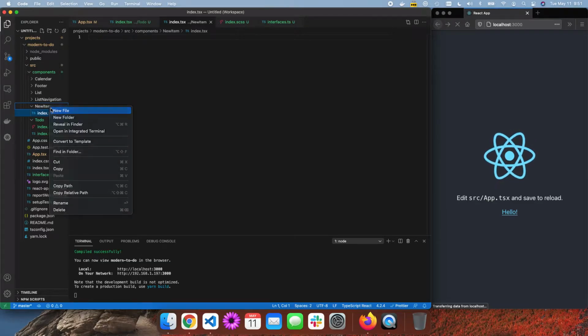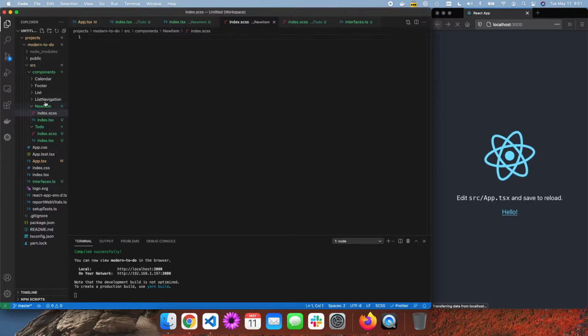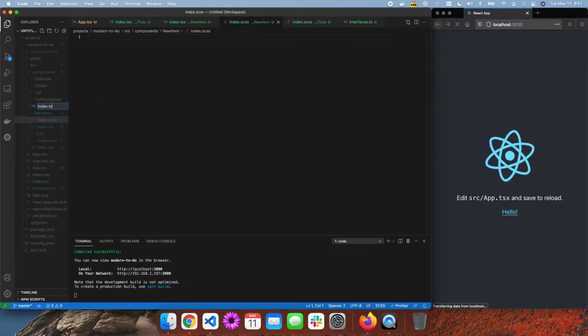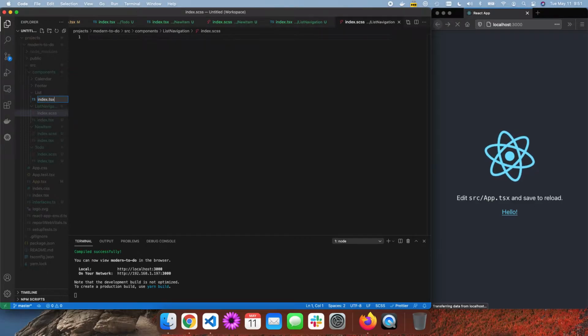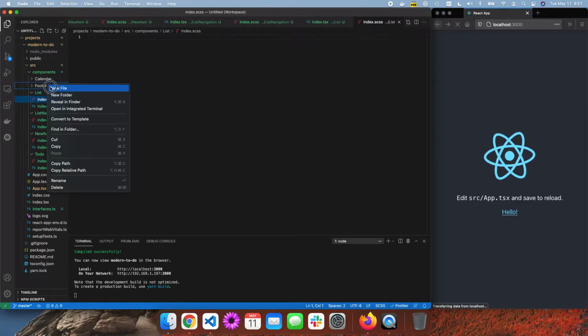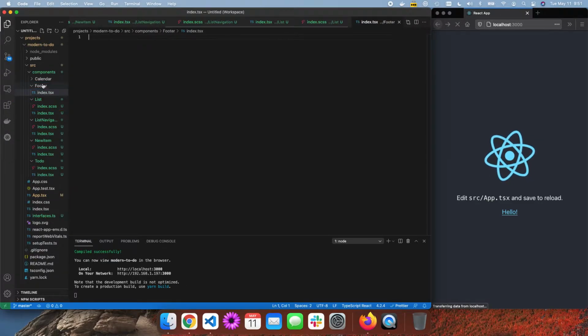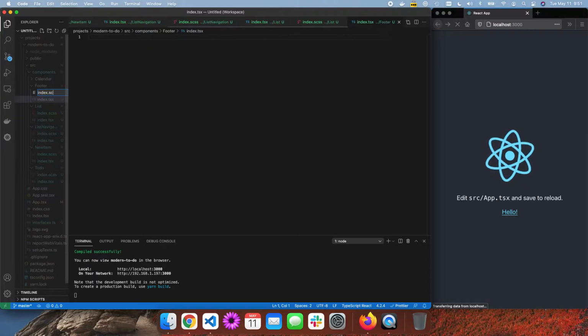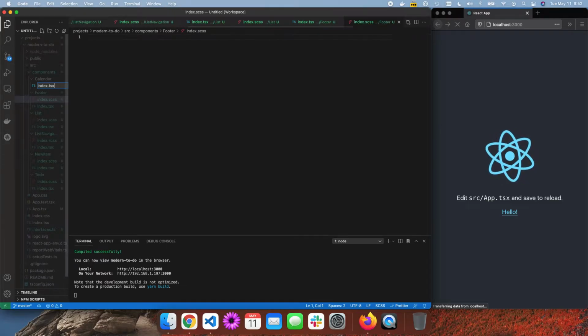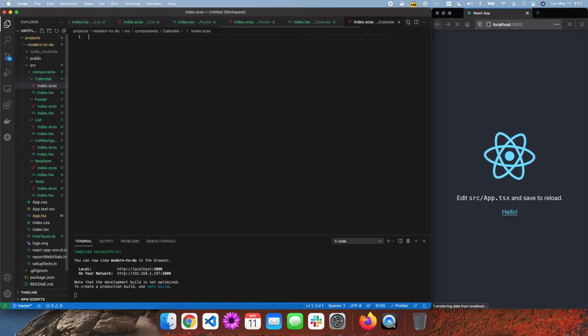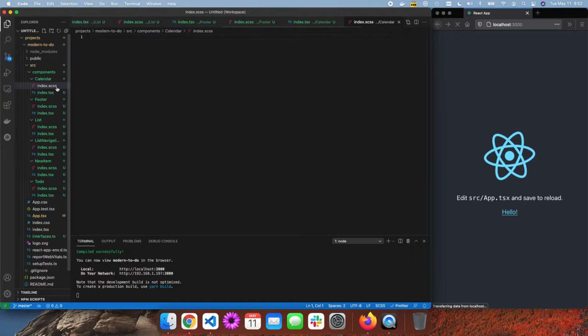Index.tsx, index.scss, same for list, navigation. Index.tsx, index.scss, index.tsx, index.scss, same for footer, tsx, index.scss. It's pretty manual. I mean, we can copy paste it, but I prefer making my components manually by hand. Last file is index.scss. Okay, so now that we have all our files completed within each component folder,